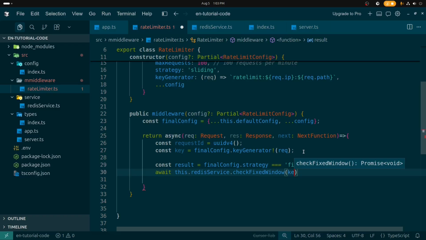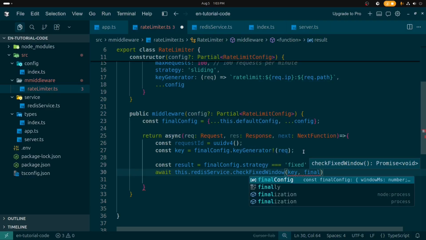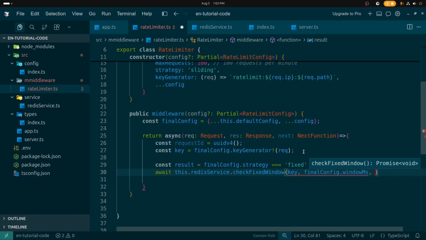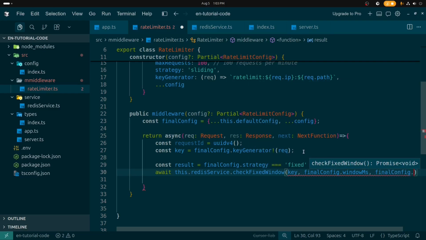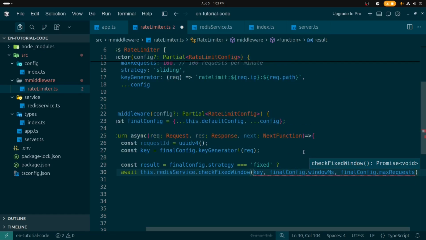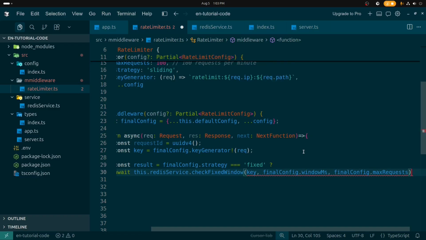In here we are going to pass key, then we need to pass final config dot window millisecond, then we are going to pass maximum request final config dot maximum request, and again in here let